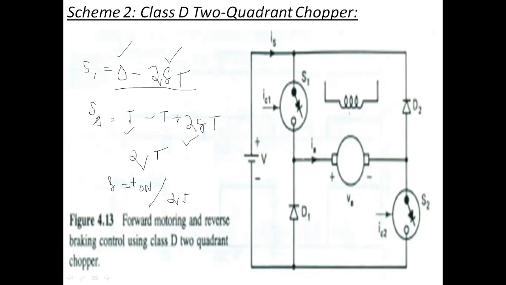Now we will see the operation. Before going to the operation, note one point. The control signals we are giving are under continuous conduction. IC1 and IC2 are under continuous conduction modes, and the drive will be operating in different modes. I will show you these modes of operation now.